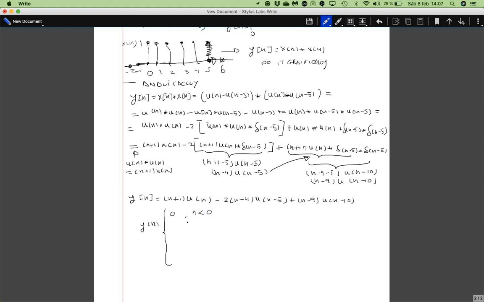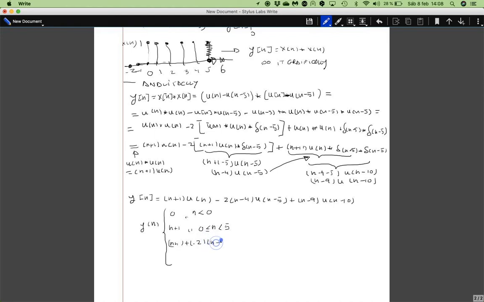What happens when n starts right at 0? The only term that we will have is that first one. So in this case, we will have n plus 1, for n starting right at 0, up to what point? Well, up to the point that the next signal comes into play. The next signal comes into play at 5, so in this case it is up to 5. Right at 5, we will have the next signal coming into play, and then we will have the first signal, n plus 1,